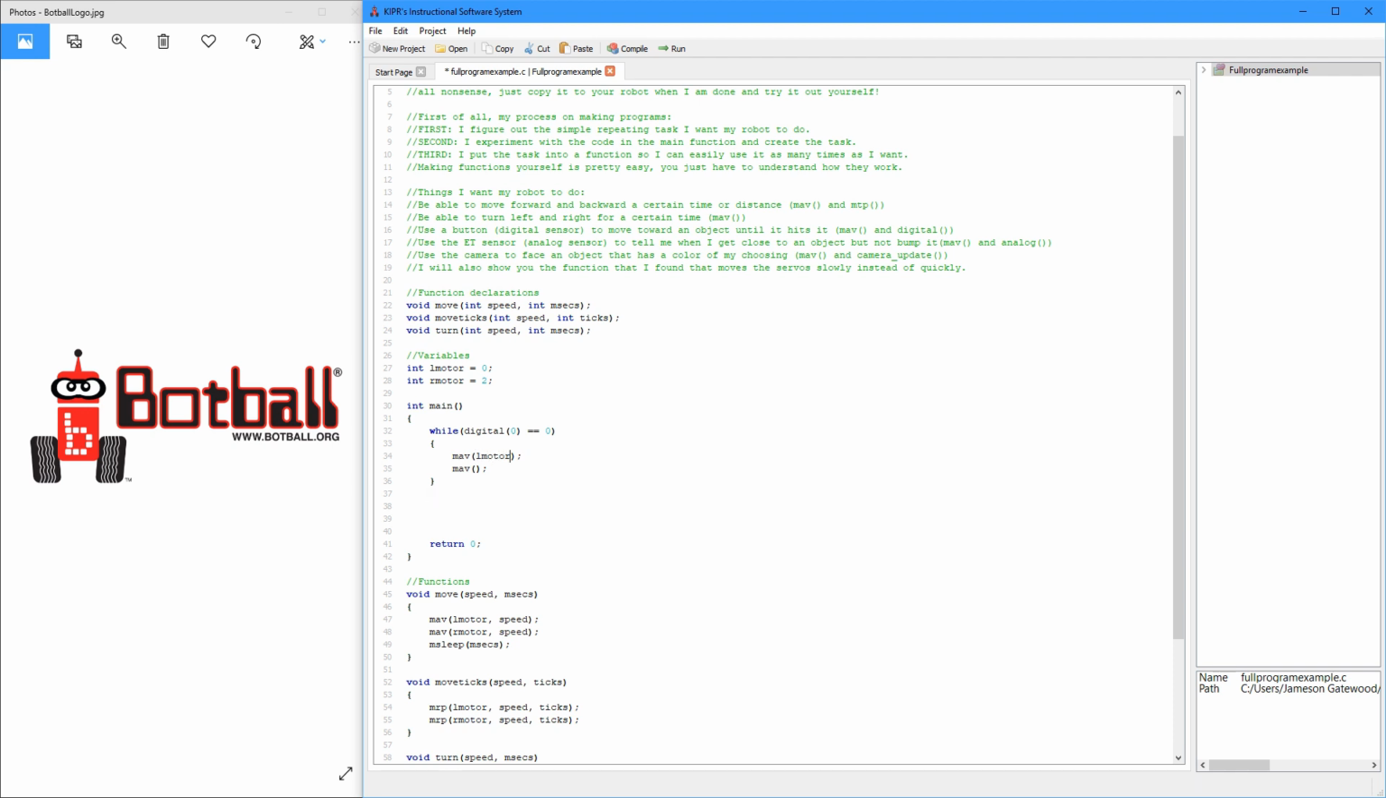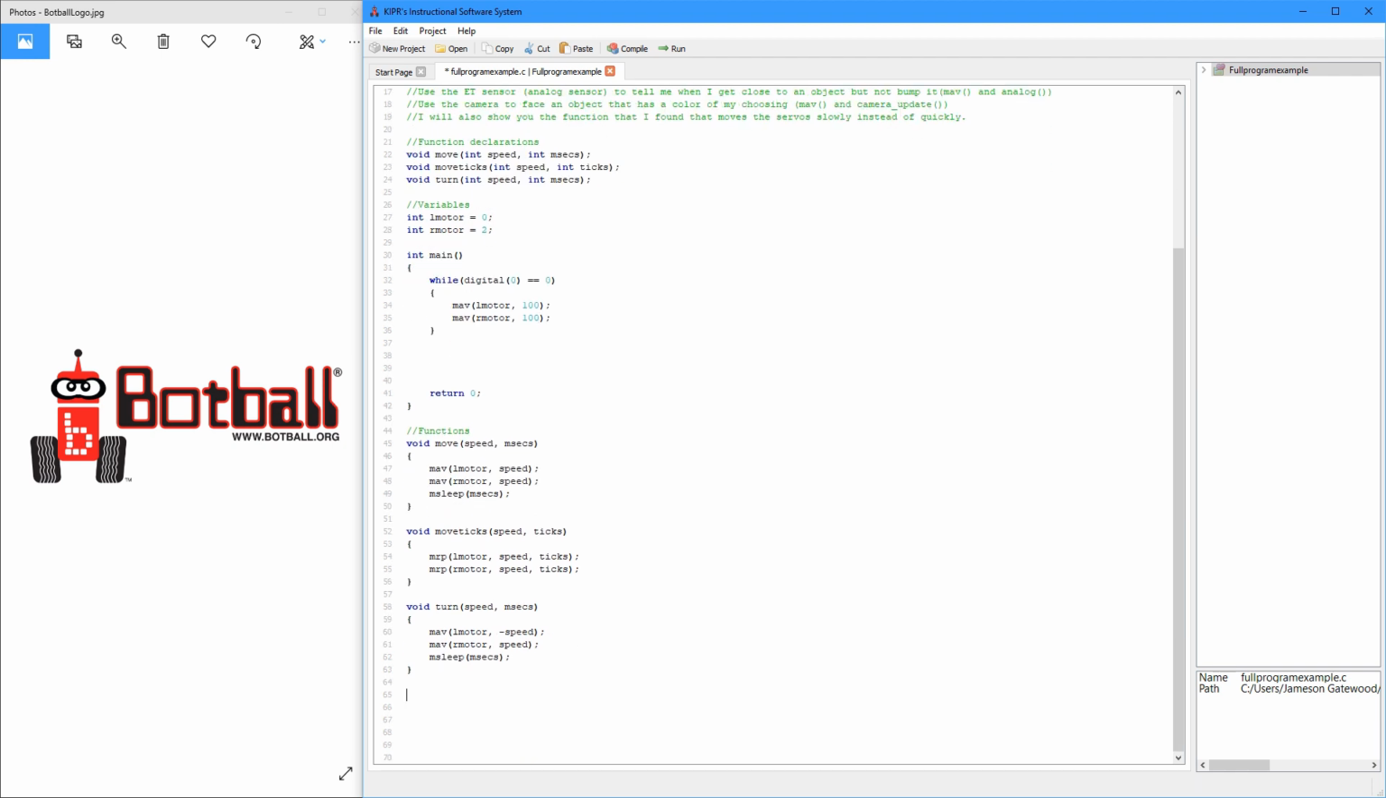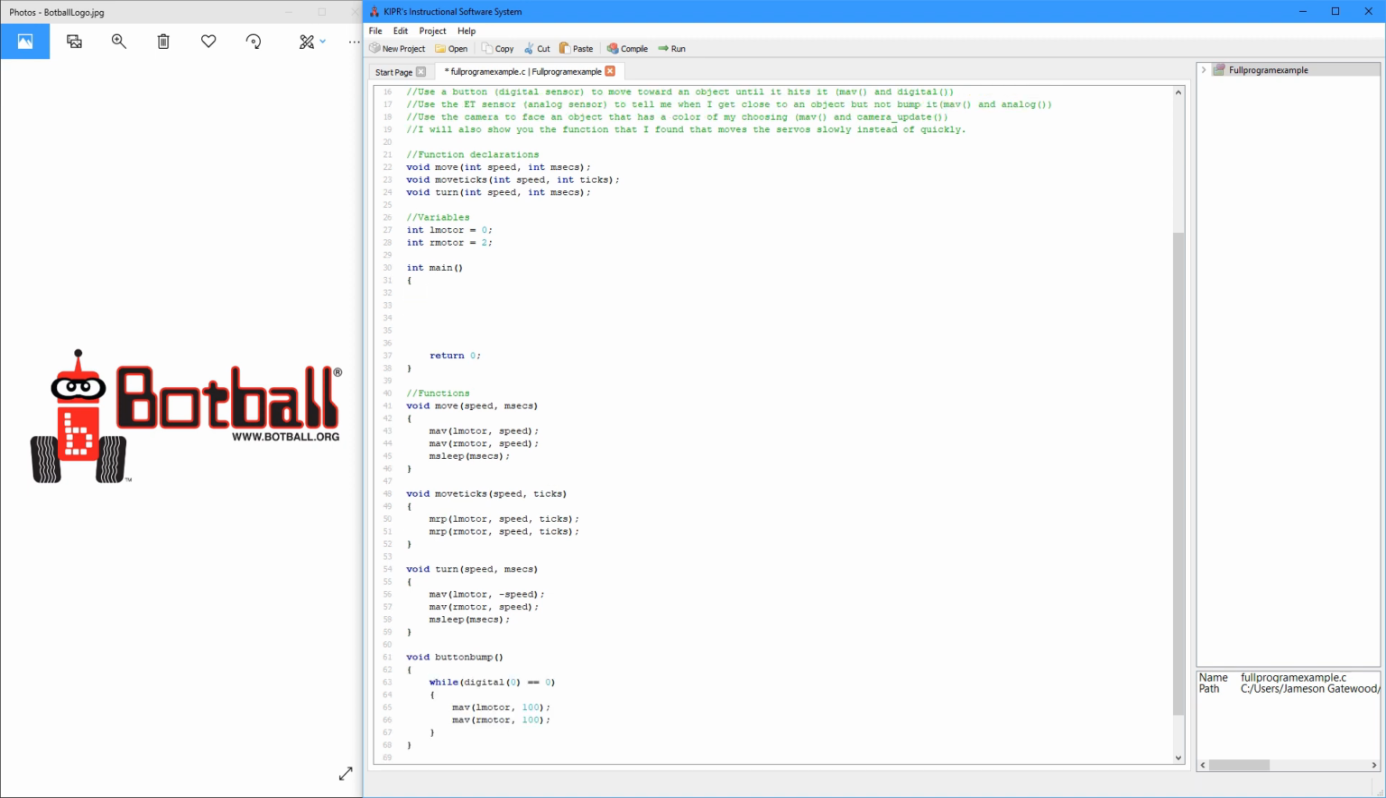This is going to be L motor, and I don't know, let's just say 100. We don't have to have a variable. I mean, we could. R motor for 100, 1,000. Okay, so this is it right here. Let's put it in a function. So void, let's think of a name. What would be a good name? Say button bump. Great, classic. Okay, and then we will go ahead and copy or cut and paste this there,